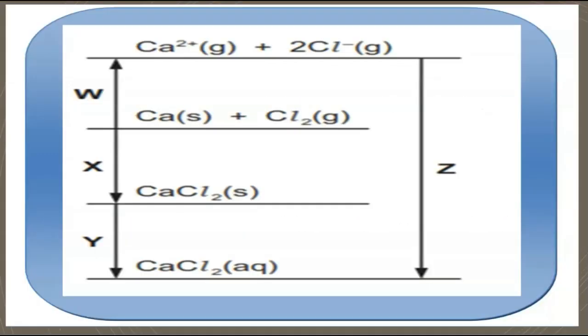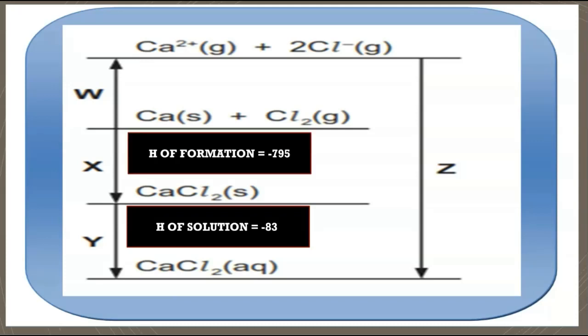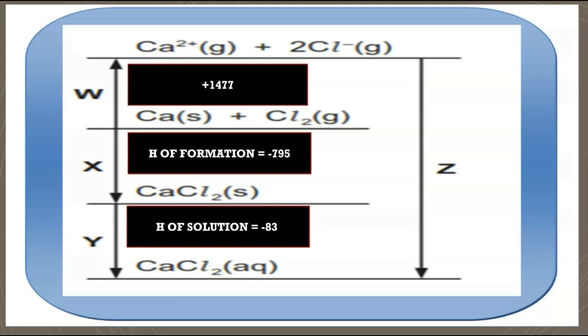Now, in order to calculate Z, you just need to label the values, label the energies or delta H of solution. As you know, calcium chloride solid converted to calcium chloride aqueous, it means it is delta H of solution. Delta H of formation is minus 795, and it is solid calcium and gaseous chlorine. These are elements in the standard state converting into solid calcium chloride. This is the formation of calcium chloride, and this we have already calculated, plus 1477, and this we need to calculate